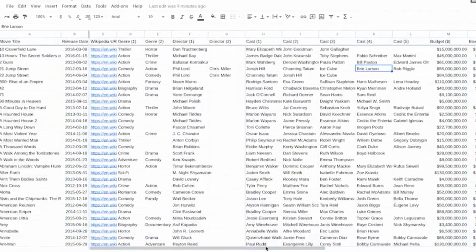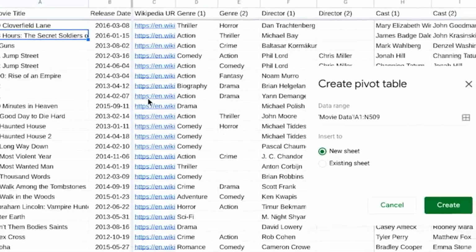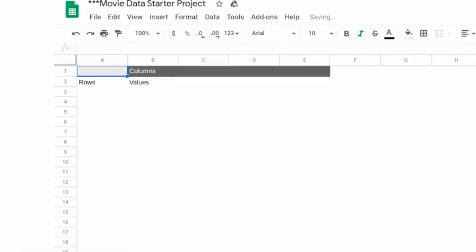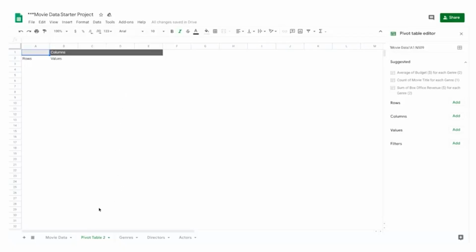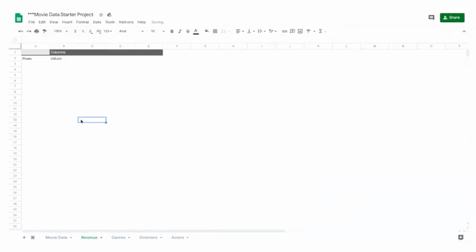Instead of reorganizing the table by year and building a formula to calculate the revenue per year, we'll create a pivot table. We'll add the pivot table in a new sheet, keeping the data range of cell A1 to cell N509. Adding a new sheet is especially helpful when working in a large data set like this. It helps keep our calculations together in one place and separate from the rest of the data. We'll rename this sheet Revenue to call out where our calculations are, both for ourselves and for anyone else on our team who might need our analysis.